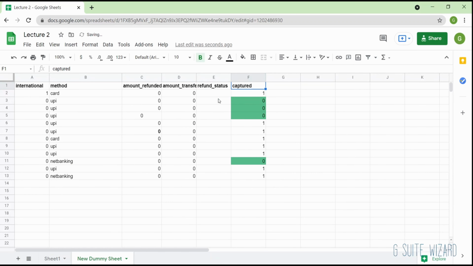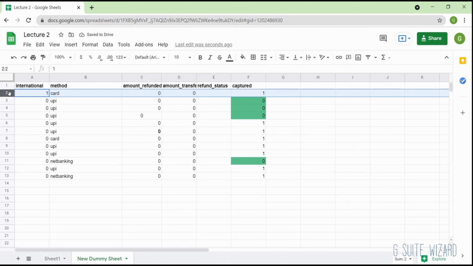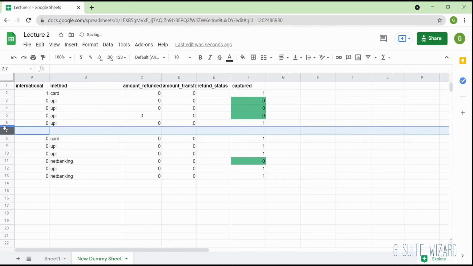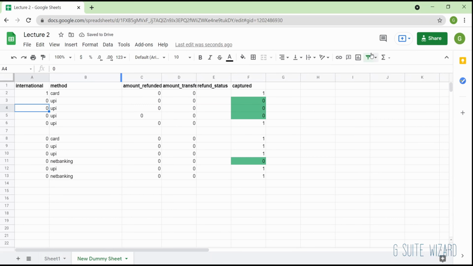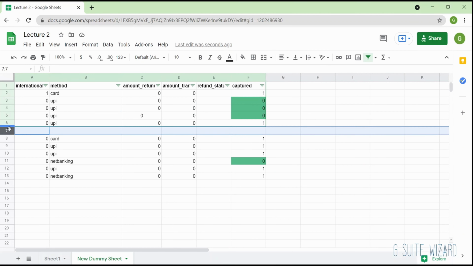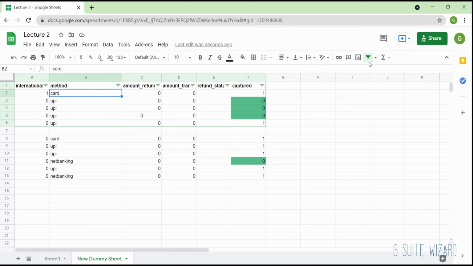Okay, I will also show you one more thing. Wait, let me just delete this. When I click on filter right now, it will only take the table from first to sixth row and not the remaining rows, because you see there's an empty row over here, and when there's an empty row, the sheet will recognize it as a discontinuation in the table, and it will think that the table has already ended. So it will only take the table that the cursor is already in.